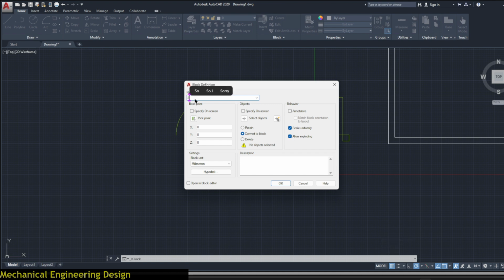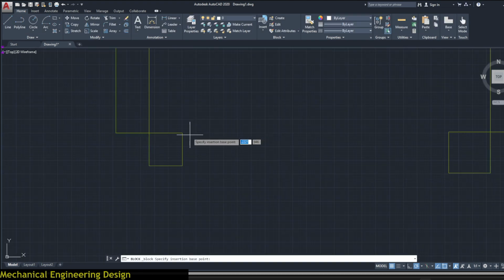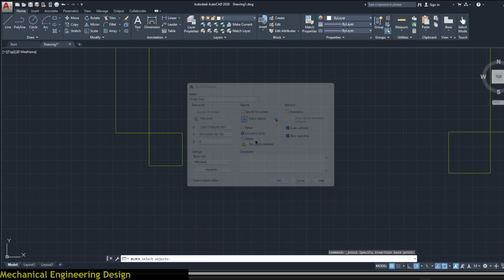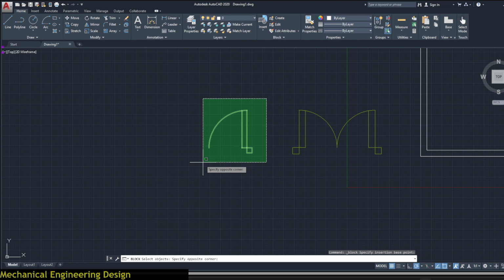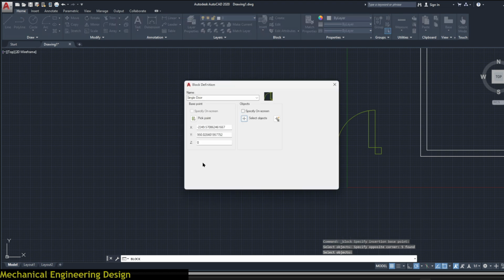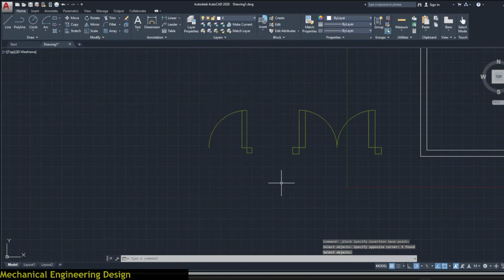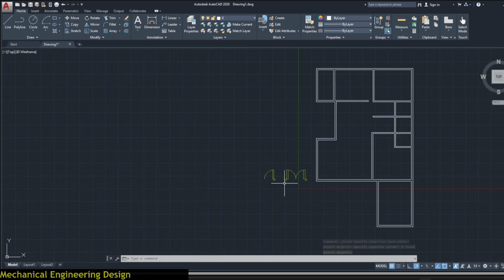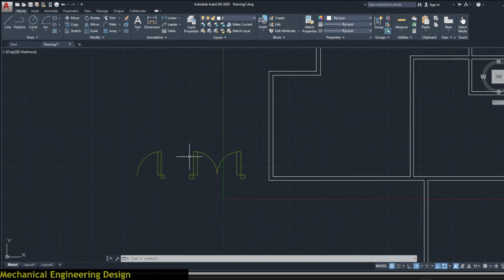We'll select, this one is the single door. Then click on pick point for us to pick here. Then select object and select all of these objects. Enter. Then OK. Now this block is ready to use. The next block will be the window. So pick again on rectangle,